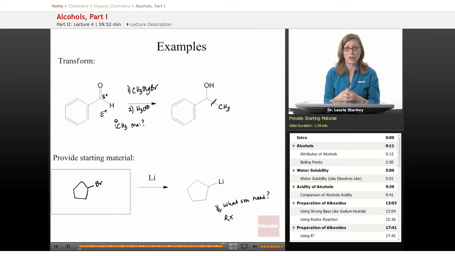The next part of the alcohol unit is going to look at reactions of alcohols. Once we have an OH on a structure, what manipulations can we do to it? What